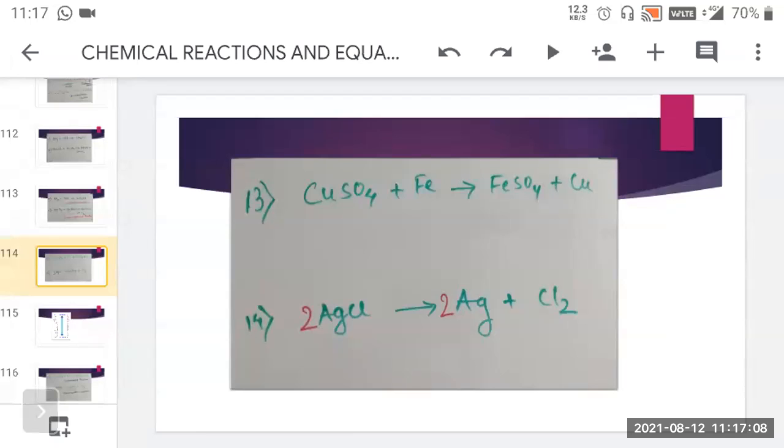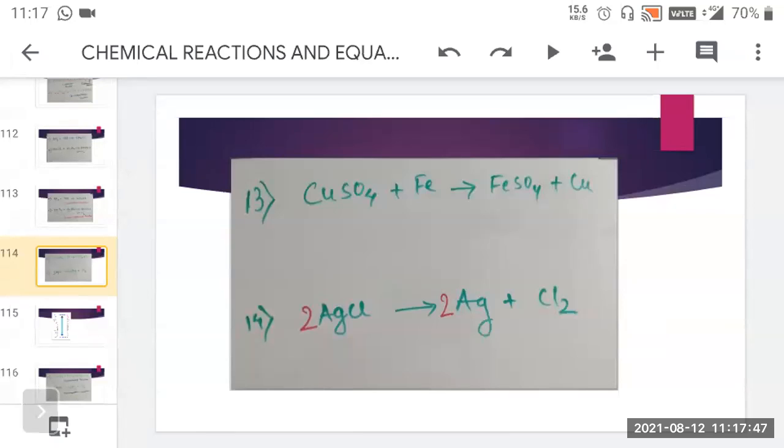Okay. So in this case, sometimes what happens is they ask you the reverse question of it. That means FeSO4 plus Cu will give. Now student, if a question like this appears, then whatever the reaction is given, reaction number 13, if you just reverse it, in that case the reactants will be FeSO4 and Cu. Now, if it is asked whether the reaction will happen or not, the answer is it will not happen. Why? Because in FeSO4, Fe is already more reactive than Cu.